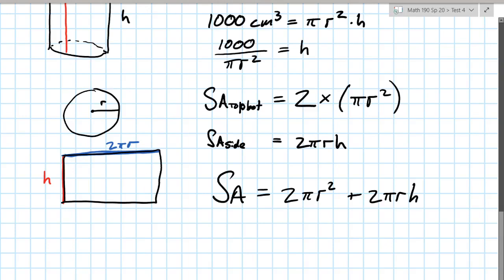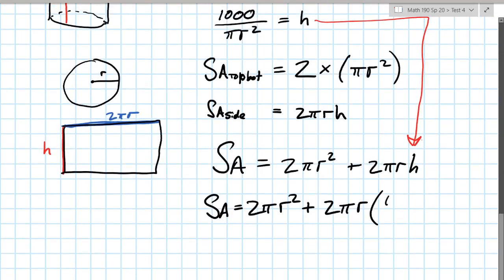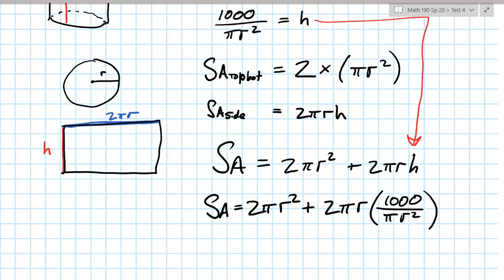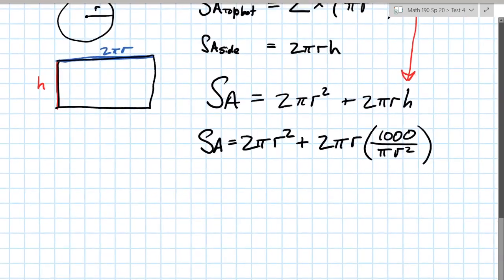Now I can substitute h into my primary equation, and now we have surface area equals 2 pi r squared plus 2 pi r h, and h is 1000 divided by pi r squared. Now we have our equation completely in terms of r, so we can take the derivative of it and find the maxes and mins. Before I do that, I'm going to do a little bit of algebra in order to make this more